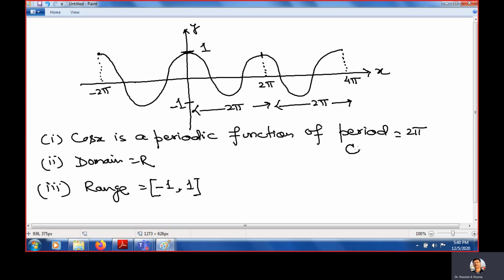So also I want to tell you that cos of x plus 2 pi is cos x, because 2 pi is the period. And cos of x plus 4 pi is also cos x. But as I told you, we choose the minimum value. So 2 pi and 4 pi, the minimum value is 2 pi. Okay. So the last one